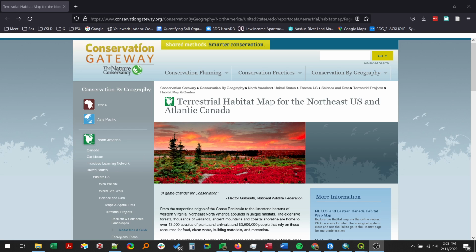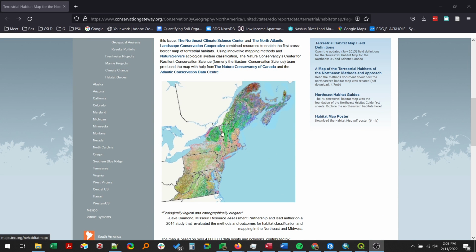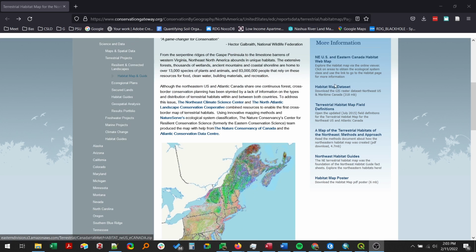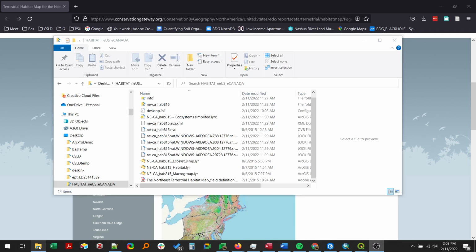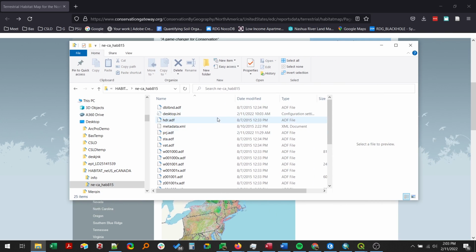I want to use this terrestrial habitat map for the Northeast in QGIS. So to do that, first I'll download the map data set, and it's in a raster data set format, but it's not a TIFF. It's in this other format here, and so we need to bring in the ADF file